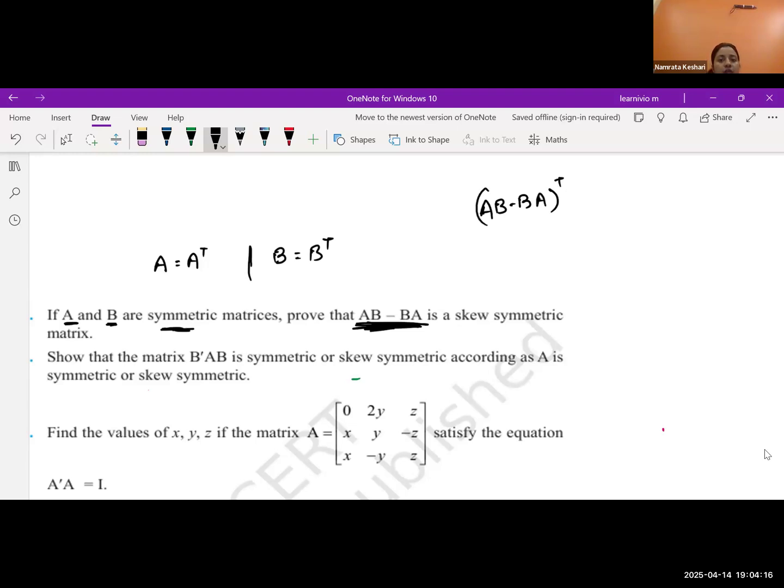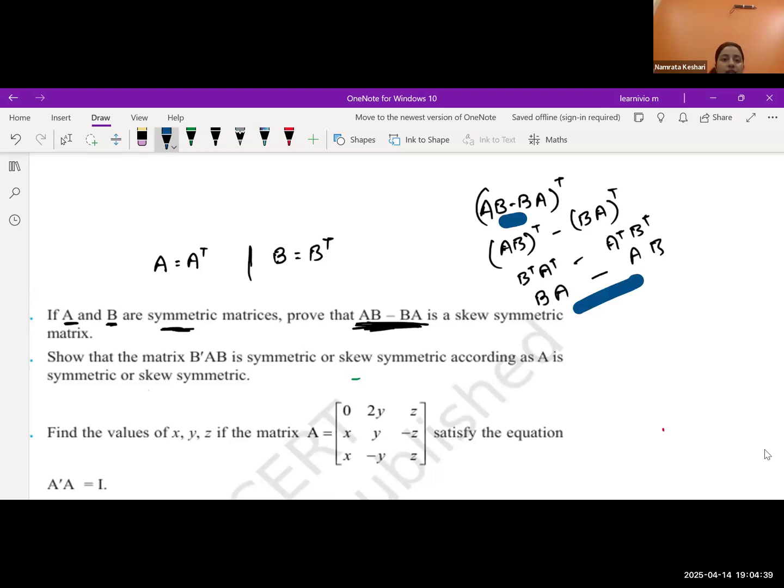We take the transpose of this, and this one can be taken as B transpose A transpose, and this one as A transpose B transpose, subtraction sign as it is. This will be BA, this will be AB. We started with AB minus BA, and now we have BA minus AB. We take the minus sign common. It will be skew symmetric, right? Yes, ma'am. Next,